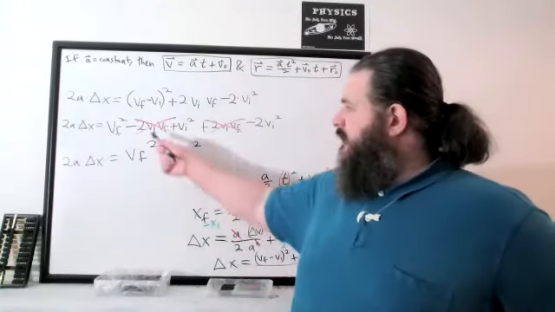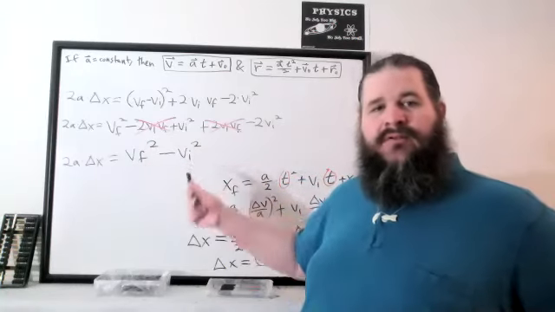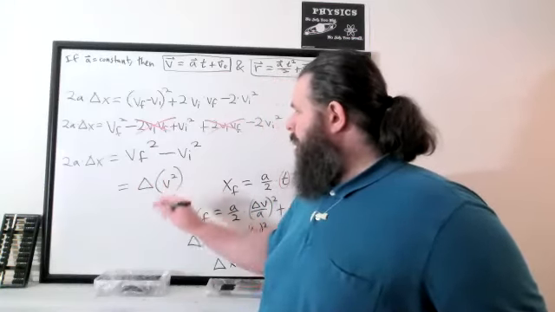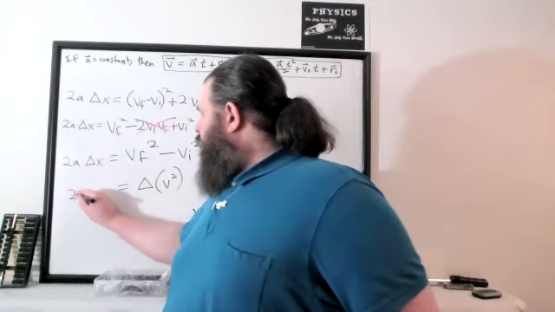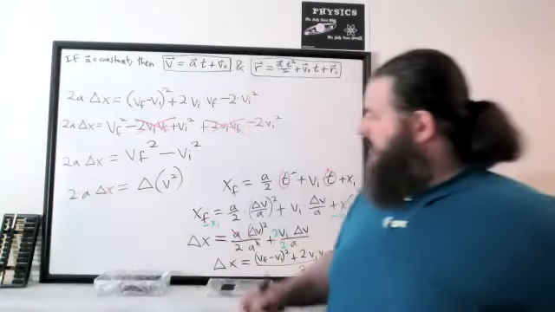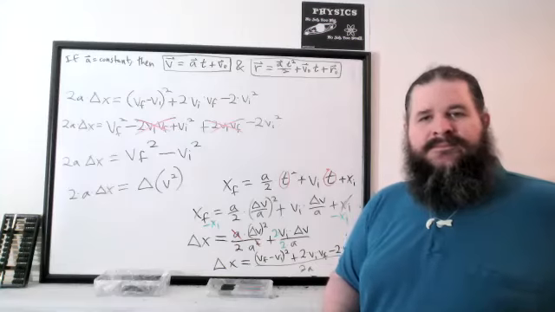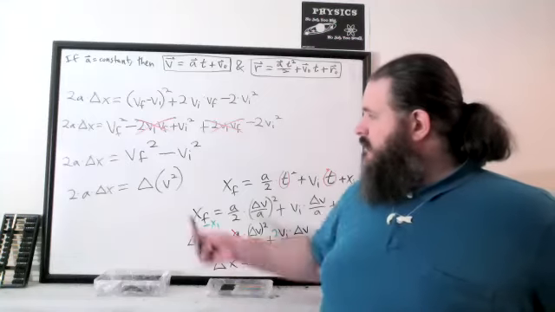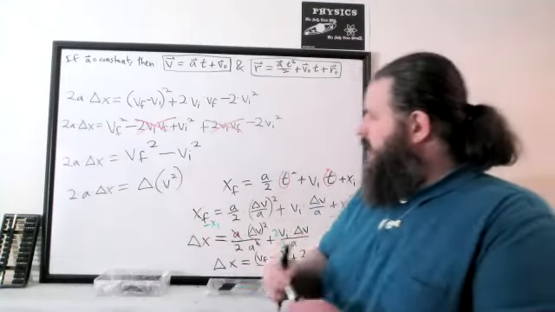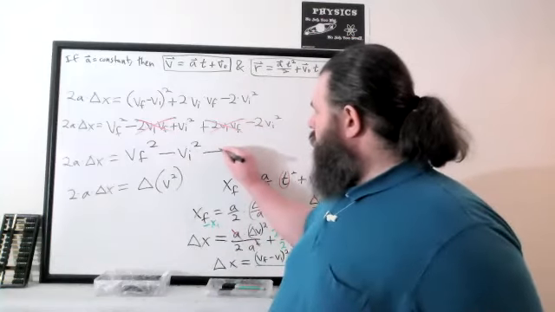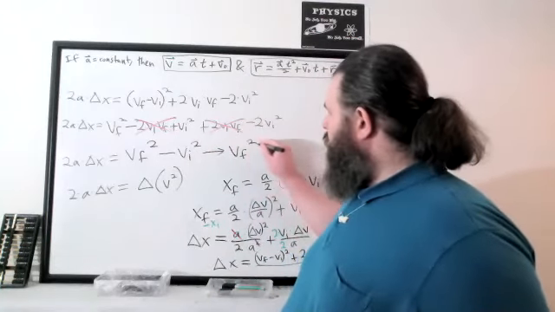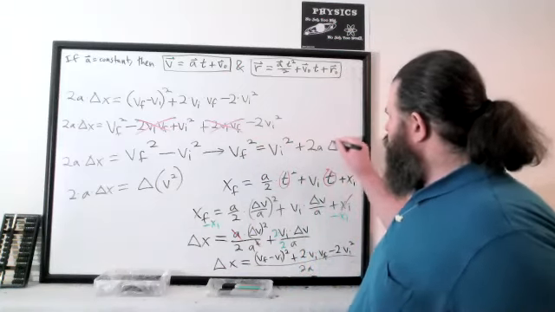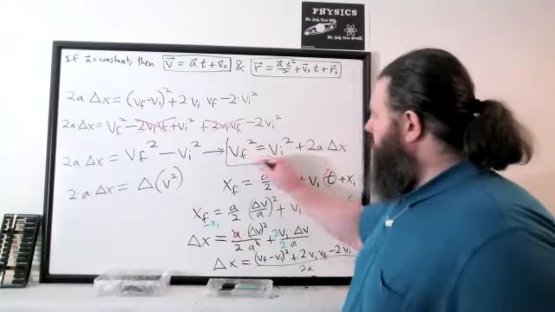And since that's the final value of a velocity squared minus the initial value of velocity squared, we could write that as delta V squared. So 2 times acceleration times delta x equals delta velocity squared. And this is a very useful equation because it relates the velocities. In fact, it might be easier to just leave it in this format. Or add V initial squared to both sides. This might be the most convenient form to write this equation,